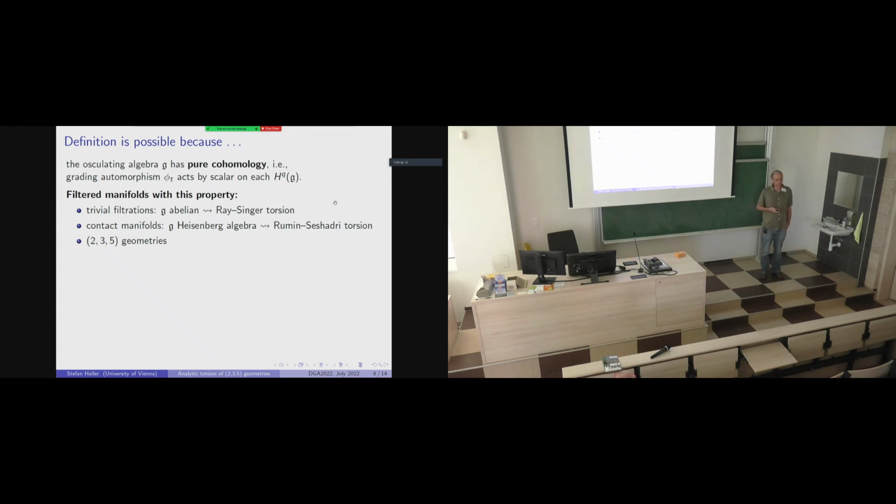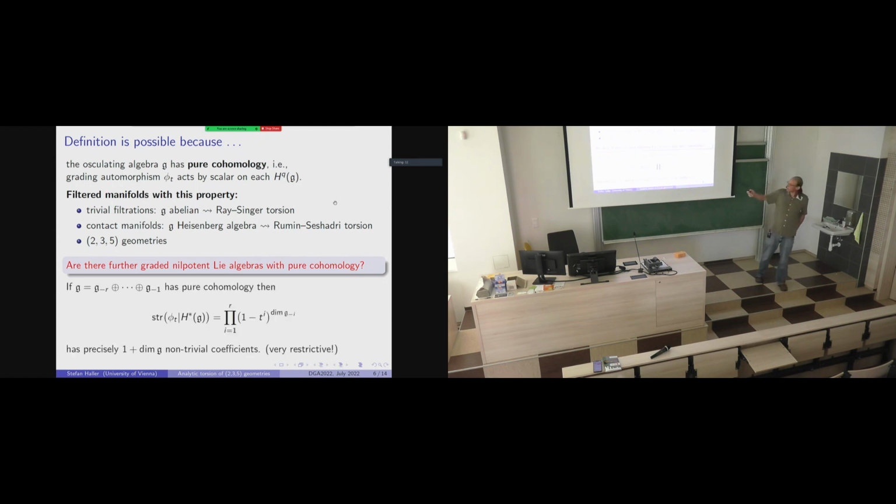has recently been studied. And then there are 2, 3, 5 geometries where this happens. And of course, I was looking for further filtered manifolds with this property, and I could not find any. So here's a question: are there any further graded nilpotent Lie algebras with pure cohomology? If a graded nilpotent Lie algebra has pure cohomology, then